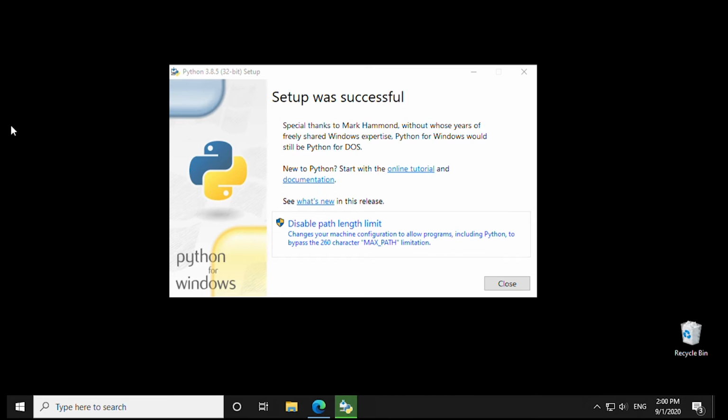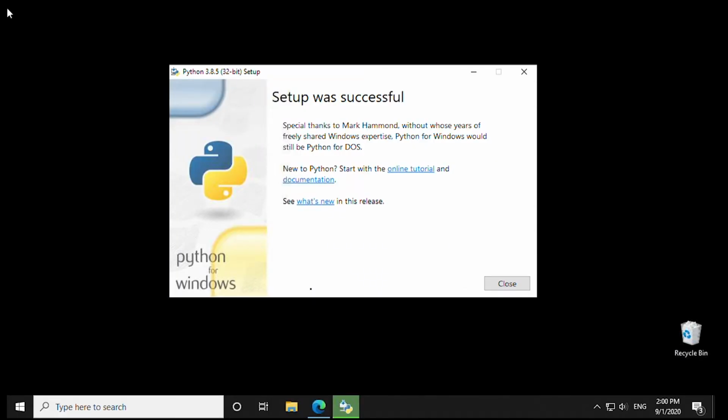Okay, so you see that the setup was successful, and then you'll get this warning here at the bottom, which says Disable Path Length Limit. We can click on that and then say yes, and then okay, we are done here. By closing it,